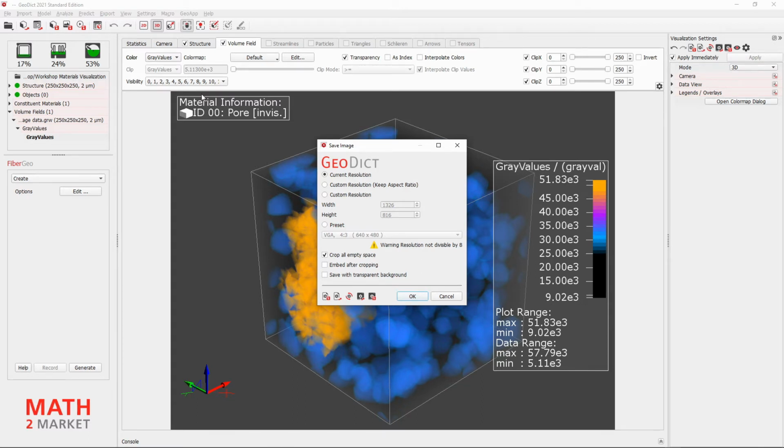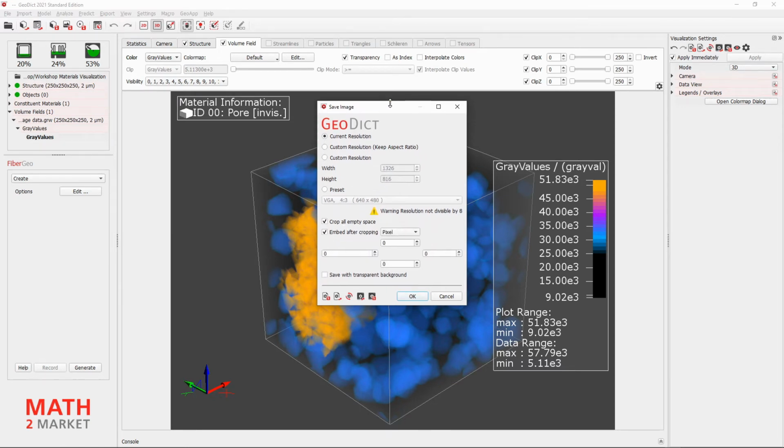The image is cropped to the next picture element, in this case to the material legend and the volume field legend and the axis cross here below. Without these legend elements, the domain borders of our dataset would be the next picture element. If we still want to have some space around the center of the image, despite the automatic cropping, we can